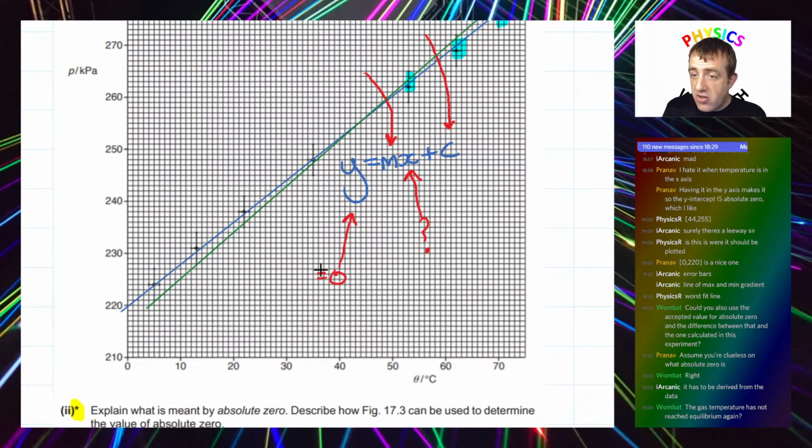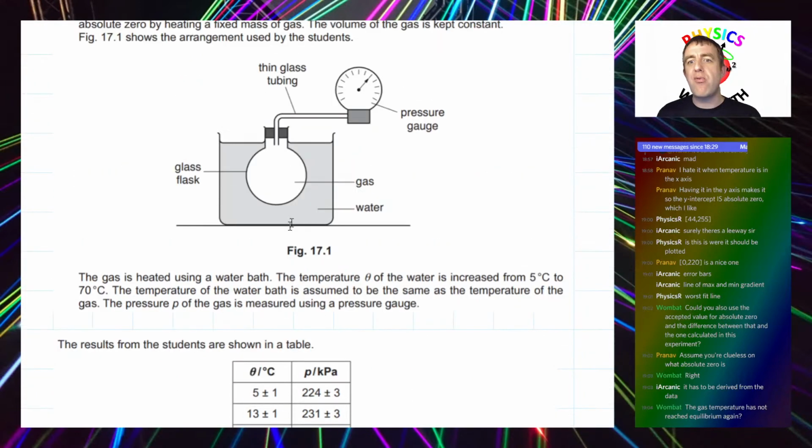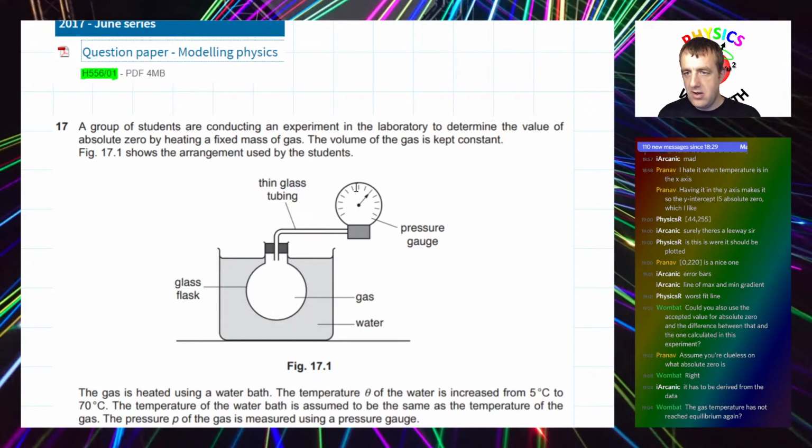Exactly. It won't reach equilibrium if we're heating. We're making a dynamic measurement of temperature, Wombat. But the trick is, if you heat more slowly, then that measurement of temperature of the water will be closer to what the temperature would be of the gas. And it's the gas temperature that we're trying to experiment on, because it's the gas pressure that we're measuring. Ideal gas. It's all about the gas, and yet we're measuring the temperature of the water.